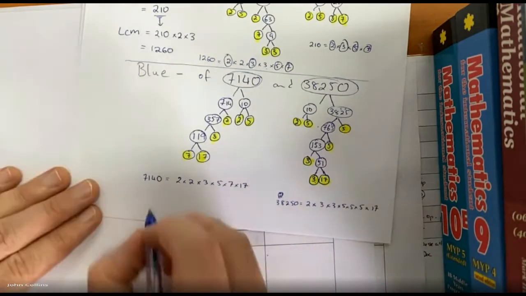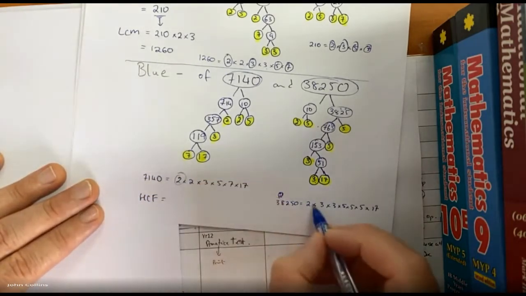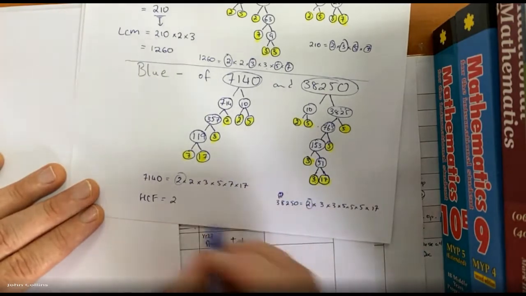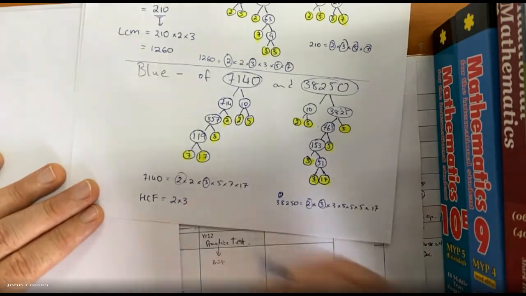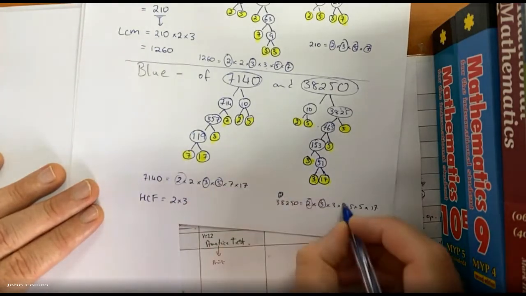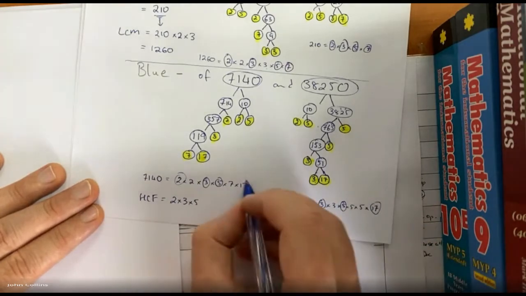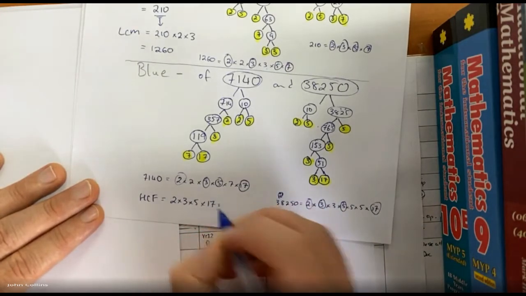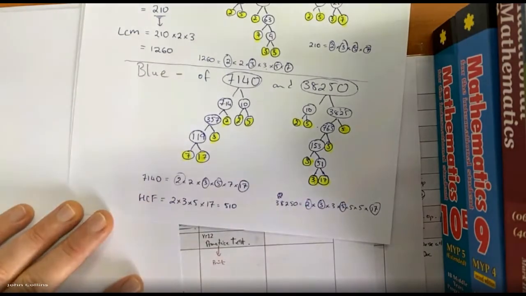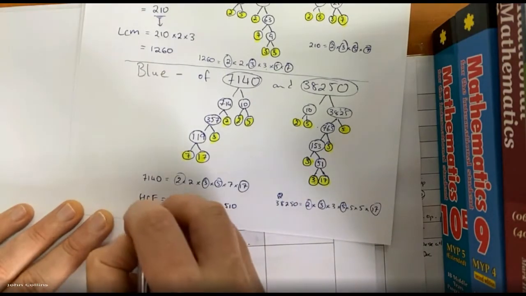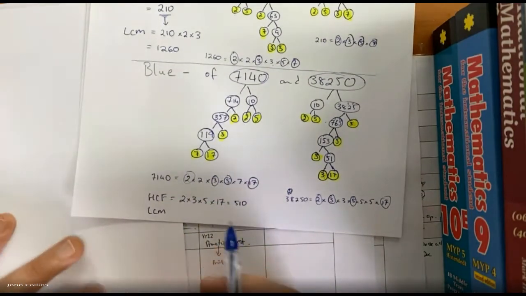Okay, let's look for highest common factor now. That would be numbers that are in both lists. There's a 2, one of them. There's a 3 in both lists. There's a 5 in both lists. And there's a 17 in both lists. If you multiply them out, you get 510. I won't do that because I'm sure most of you have done this. So 510,